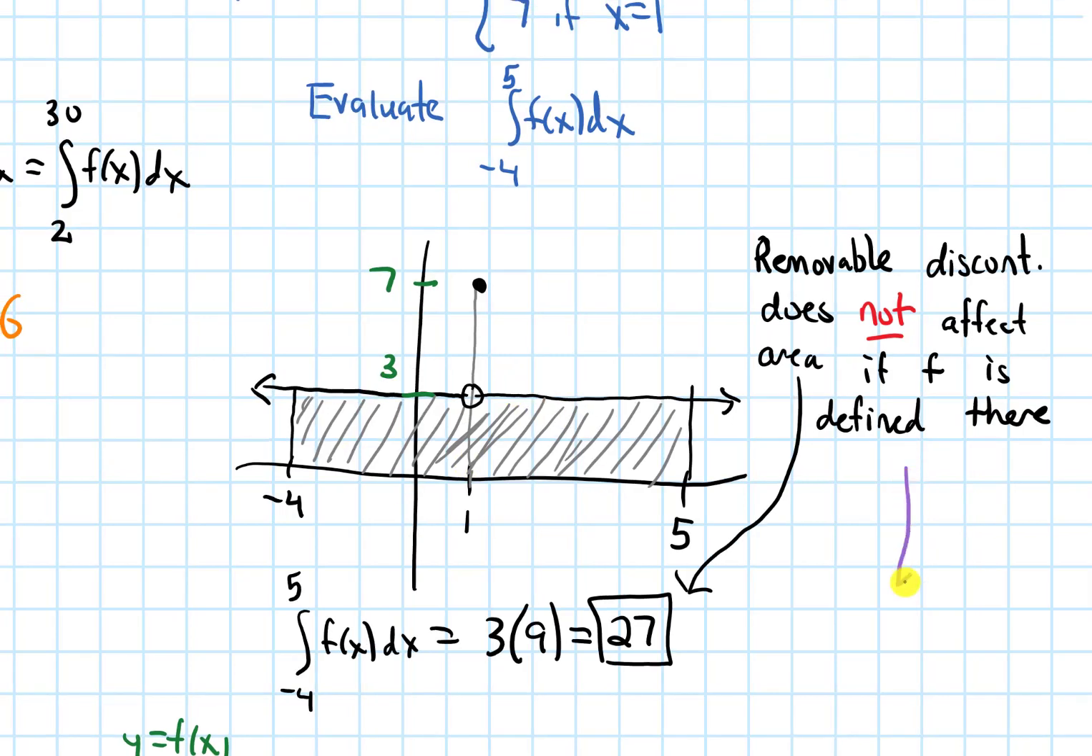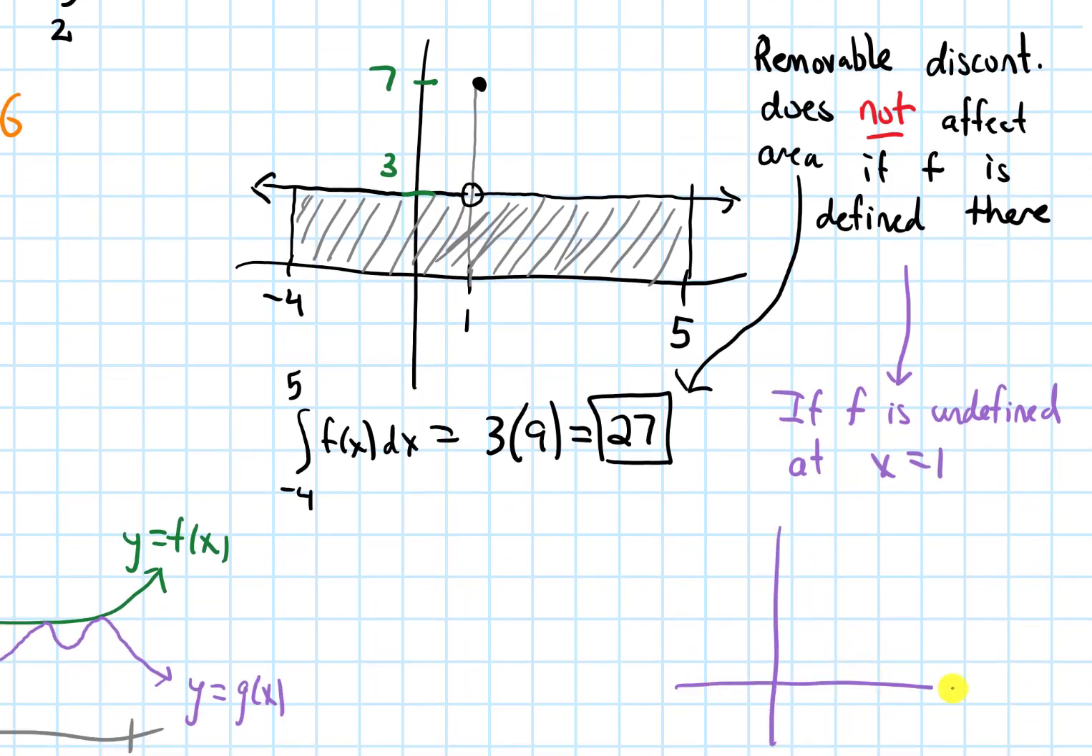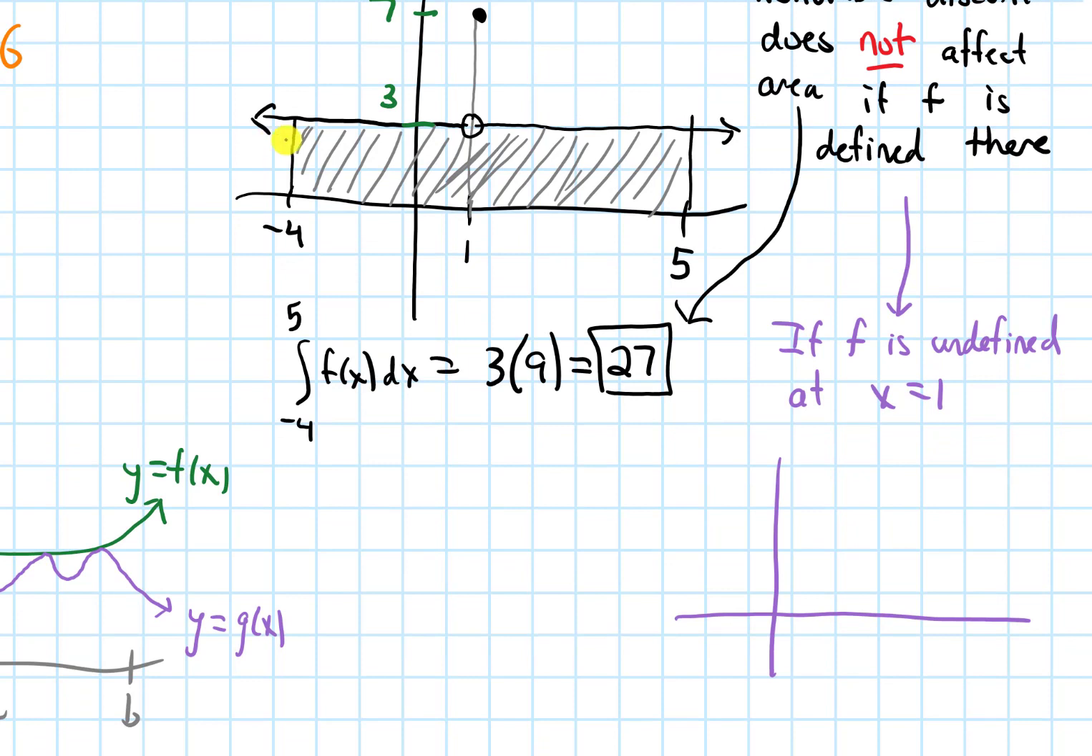But what if our function was undefined at x equals 1? So if f is undefined at x equals 1, let's draw a picture of this graph. We'd have our axes, and our graph would be this horizontal line going through 3, but at 1 we'd have this hole, and then it would continue onwards. But now there would be no closed circle at (1, 7), because our function is now undefined at x equals 1. So if we focus in on our interval from where x is -4 to where x is 5,